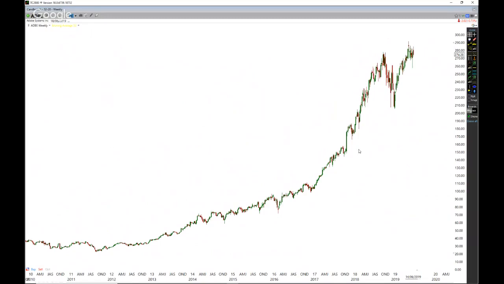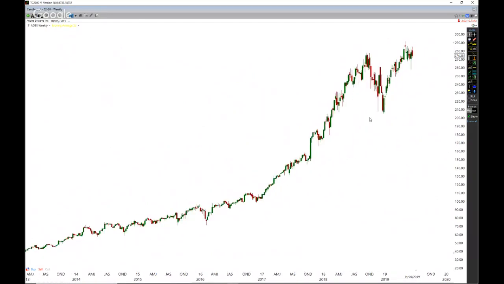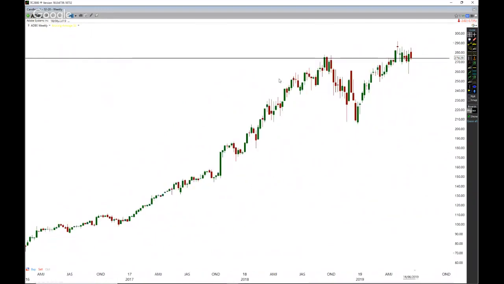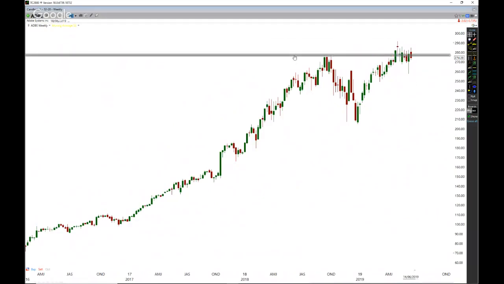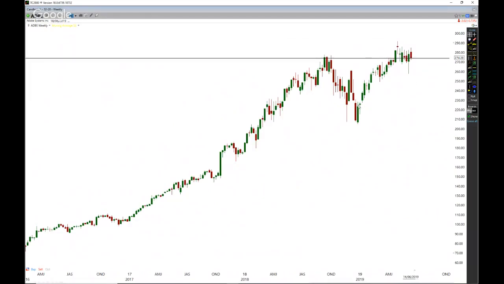So one thing I'm noticing about Adobe automatically is this: notice how Adobe ran up. This was the ultimate high point, wasn't it? If we look at this weekly chart once again, notice how Adobe had this high point up through here, and then it rallied up, and then it broke just back above it, and now we're just going sideways. What does that tell you? That tells you that this could be a bit of a final push in the markets before we see a nice downturn or a nice pullback. This could be one last push, right?